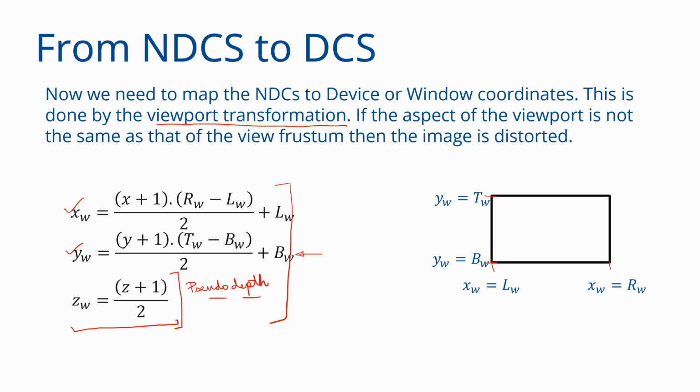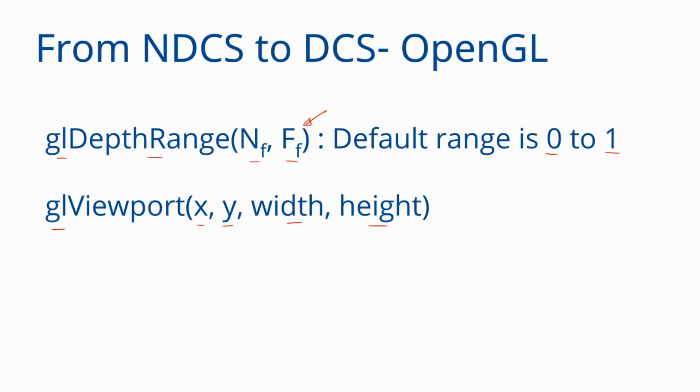So you can see that the transformation type that will do this kind of a mapping that is required for the DCS is given to you by a scaling. So these are the scaling factors and a translation. So this is the translation. So please construct the matrix for the DCS. So that completes our discussion of the modeling viewing pipeline.